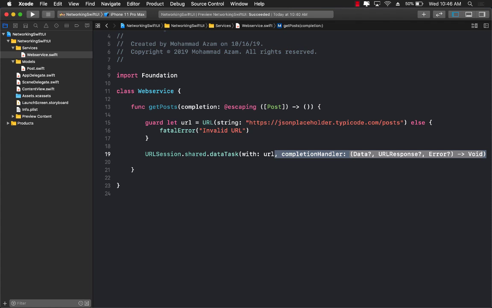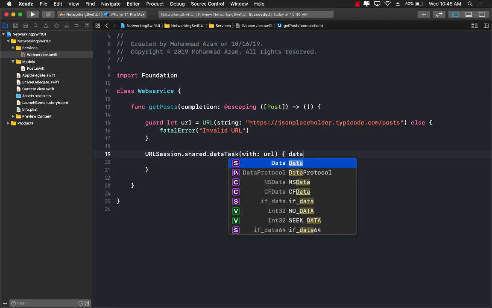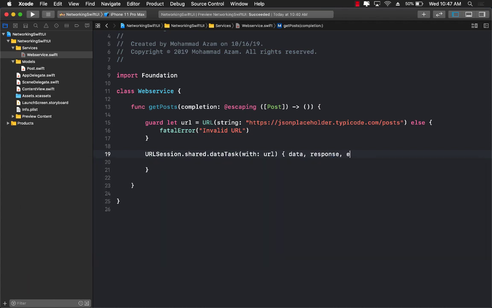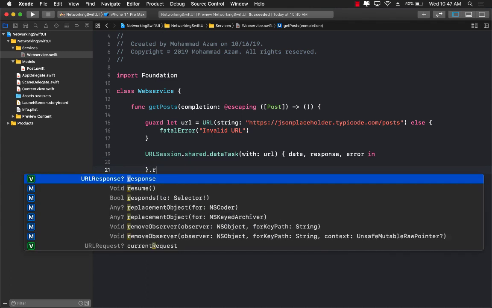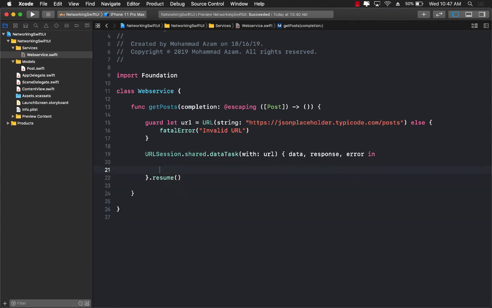And we will get data, response, and error. So let's go ahead and get data, which is the actual data, response, and error. All right. And don't forget to call resume, because if you don't call resume, guess what? Nothing's going to happen. So we have data, which contains the actual bytes. We have error. So let's go ahead and unwrap the data. Guard let data equals data,